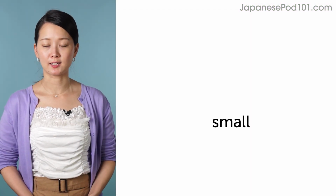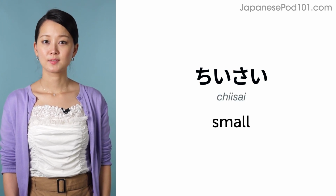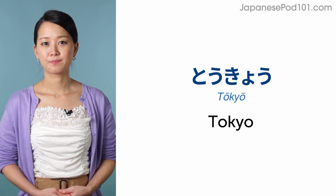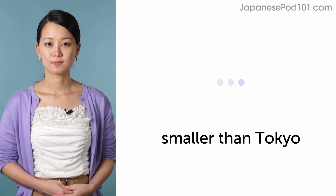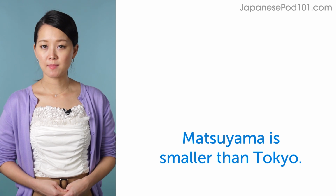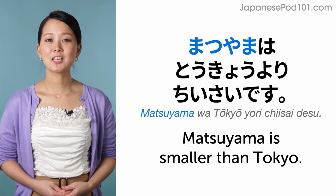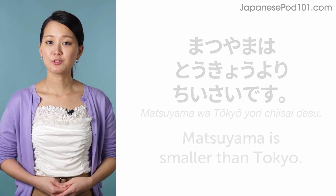Please do your best to use the following wording. Do you remember how to say small? 小さい。And how to say Tokyo? 東京。Do you remember how to say smaller than Tokyo? 東京より小さいです。And how would you say Matsuyama is smaller than Tokyo? 松山は東京より小さいです。